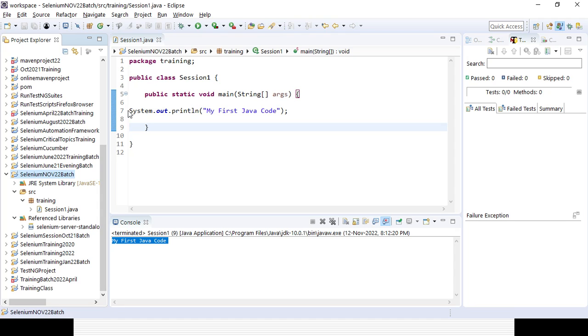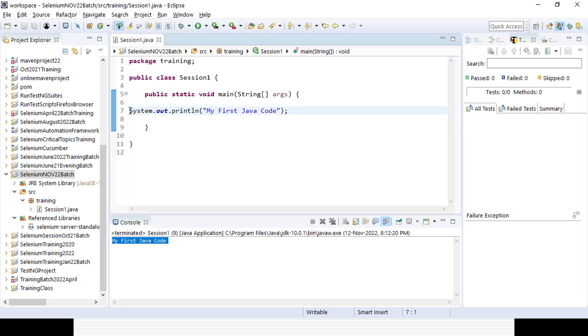Then here, whatever line of code I have written, I can comment it out. So just double slash. So automatically code will be there, but it will not work. You could see color is getting changed, means I have commented out my code, right? So now, as of now, I have added three things. Java is already there. I have created the Eclipse project, right? I have created the package, class, and I have also associated my Selenium jar file.